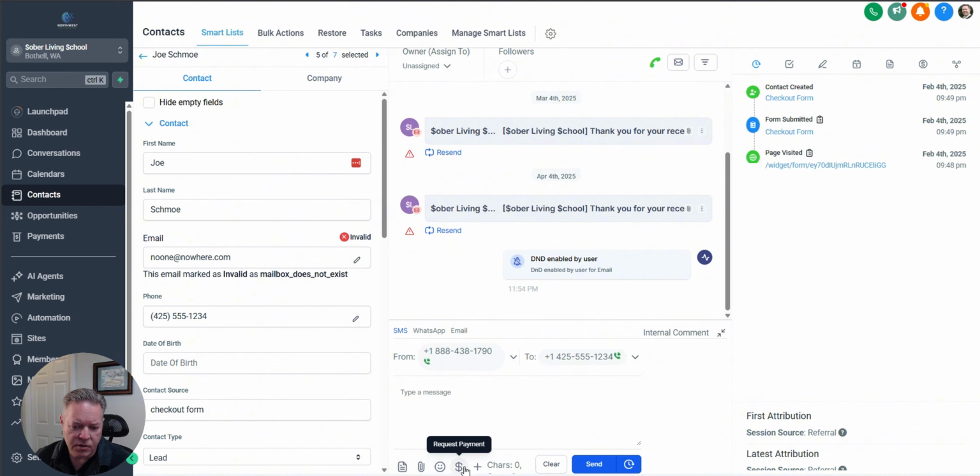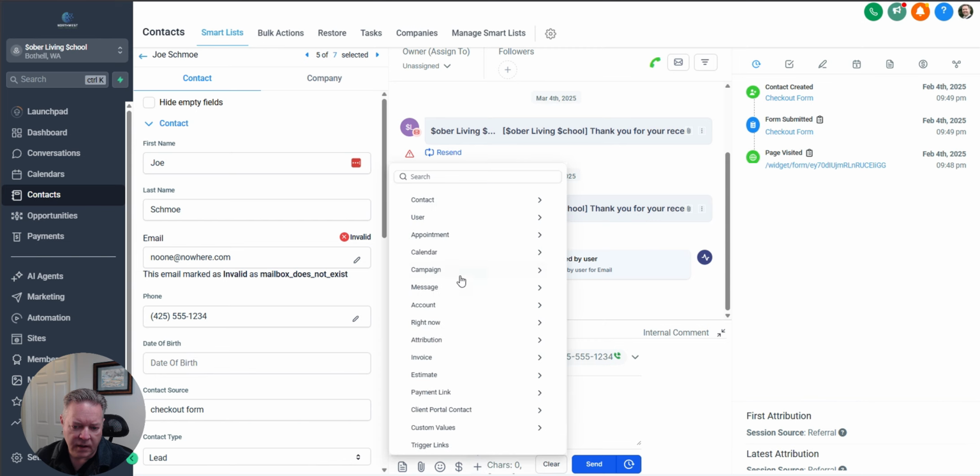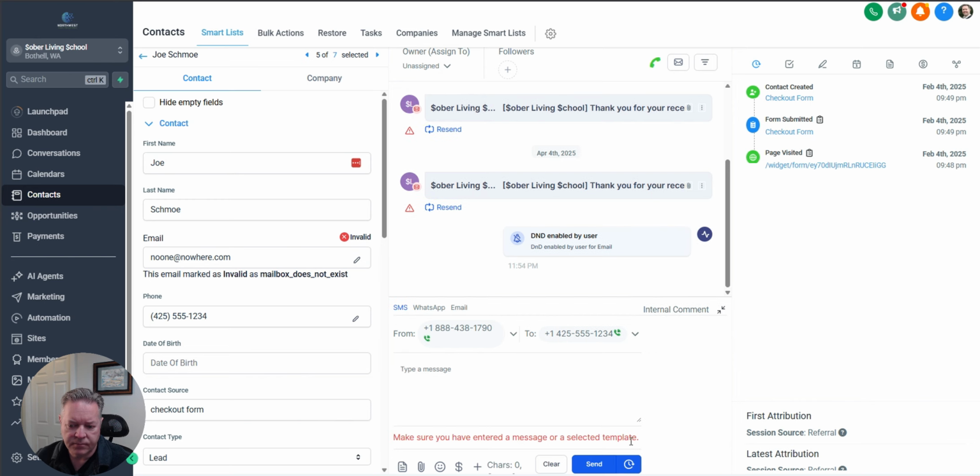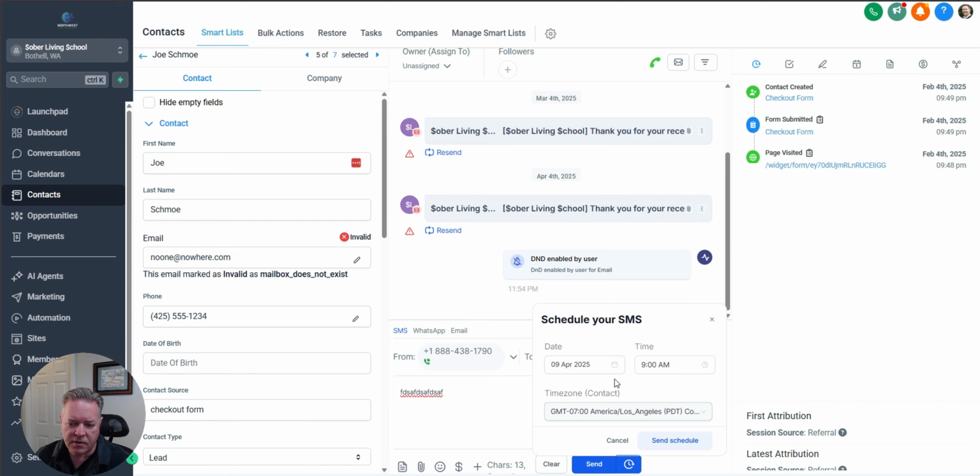You can insert emojis, you can request payments. This is the custom fields area. It lists how many characters you have here, so you can tell how many segments you've used up. And then you can send it or you can schedule to send. So once you've entered a message here, this is where you can schedule your SMS to go out. So anyway,